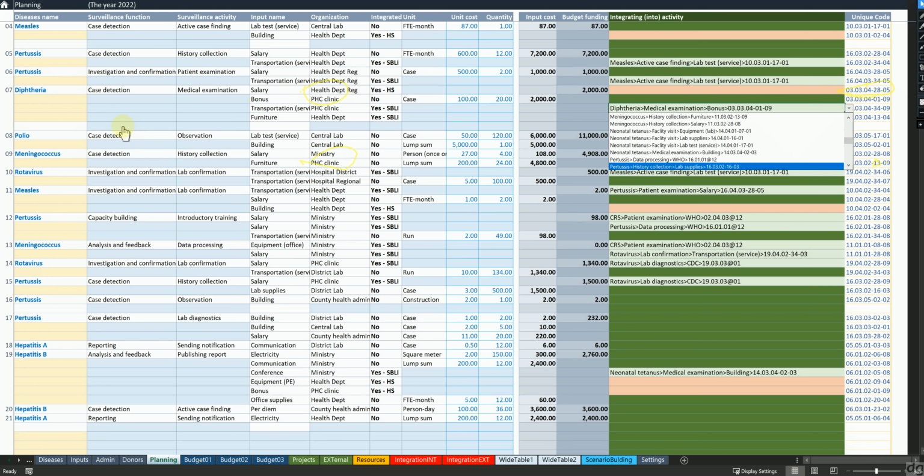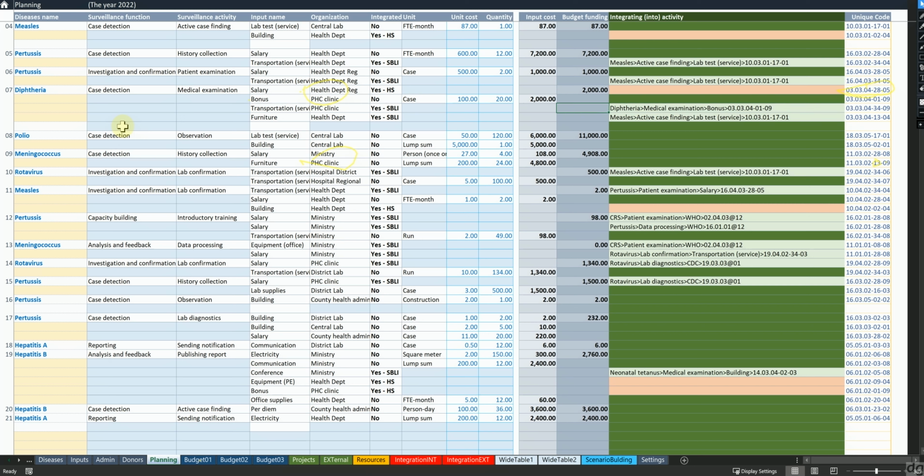So in case of pertussis, we have several items here, but it's not the transportation. It shouldn't be the transportation service actually, and the reason is that if it's already integrated into something,